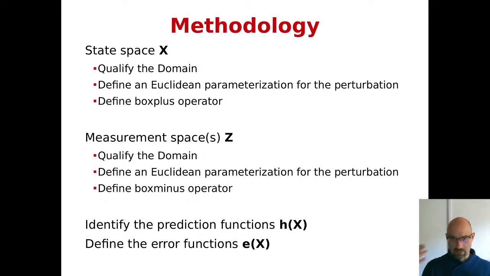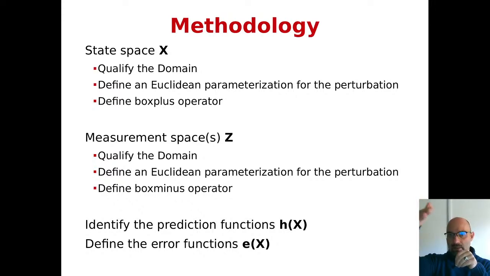Now, after you qualify the domain, you have to say, okay, now I have this object. Let's imagine that I have this plane, which is represented by a unit vector representing a normal and a distance. Now, in order to find an Euclidean parameterization, you could think about minimal motions. How could I move a plane in order to bring it everywhere I want in the space? You could move it along the azimuth. So you could rotate the plane along this direction, you could rotate the plane along this direction, and you could shift the plane along the